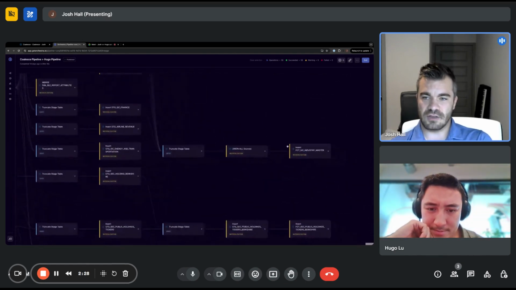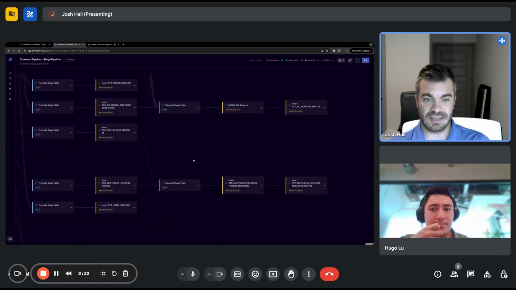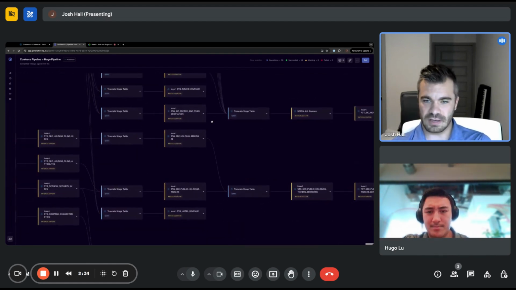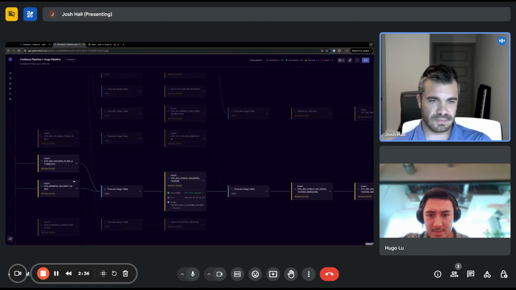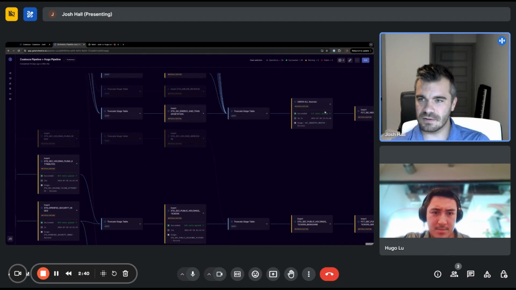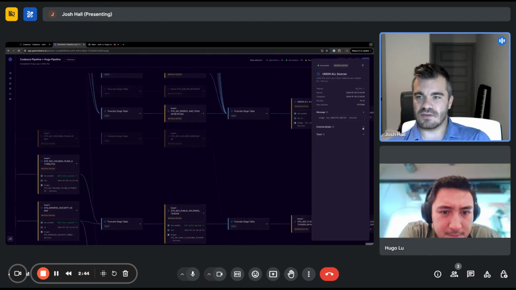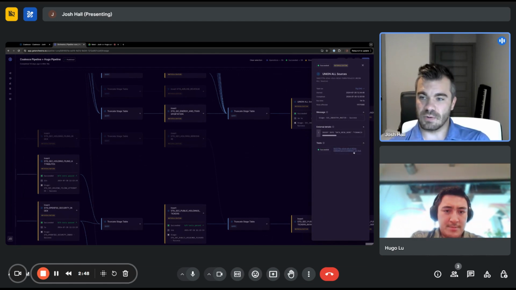And then you can see a lot of the data that's included in that pipeline, including some of the testing involved as well. So I believe some of these nodes, I didn't take a look beforehand at which ones are going to have tests associated with them. This one's got a test associated with it that we passed. So we have the messages associated with any of the external details and then the tests associated with that as well. I could follow that link and go back to Coalesce to view what that test looks like,